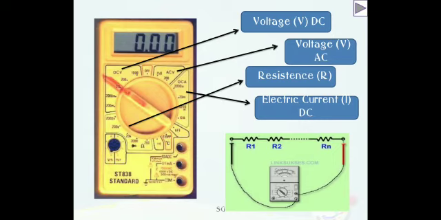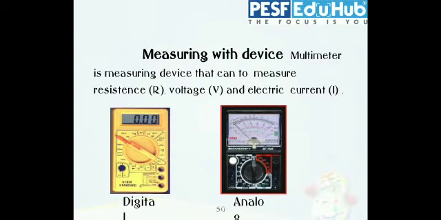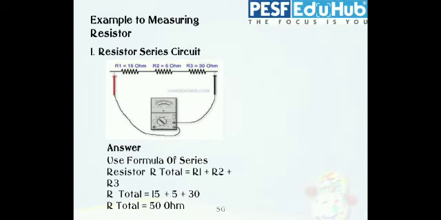Okay, so this is a view of a digital multimeter. Here one knob is there. Suppose I want to measure the voltage, then you can move to voltage, and the current measurement is there, resistance measurement is there, and both AC and DC measurement are also there. Okay, yes, these are the contents of multimeters. So in this video the important topic is series and parallel circuits.